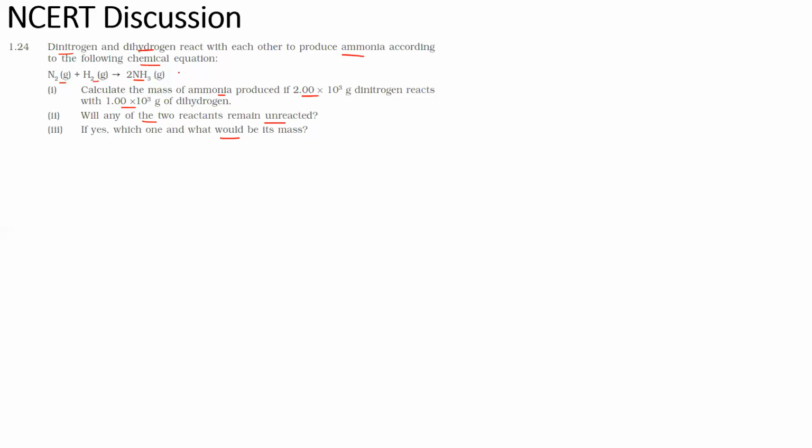So this equation given to us is not a balanced equation. First of all, we need to write a balanced equation. So the balanced equation, as you all know, for this reaction is N2 plus 3H2 gives us 2NH3. Okay guys, this is the balanced equation for this reaction. Here hydrogen was not balanced, now hydrogen is balanced. Okay, so this is the required equation. Can I say that 1 mole of dinitrogen will react with 3 moles of dihydrogen to produce 2 moles of ammonia?